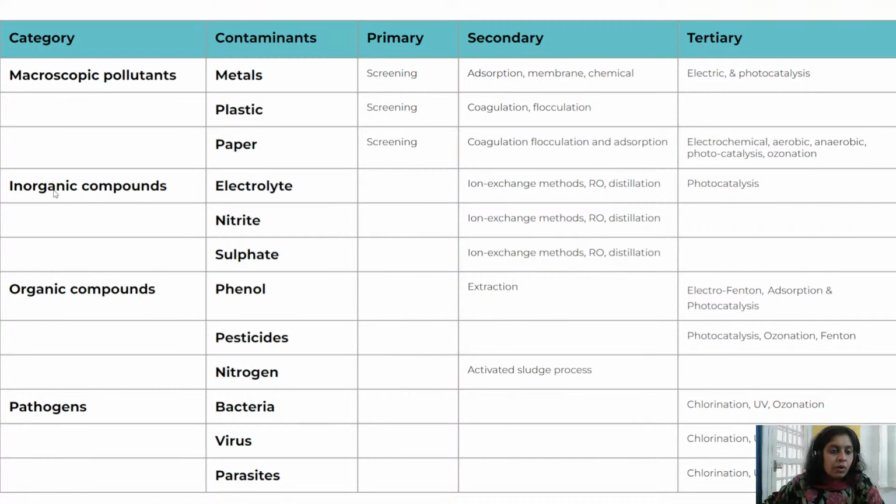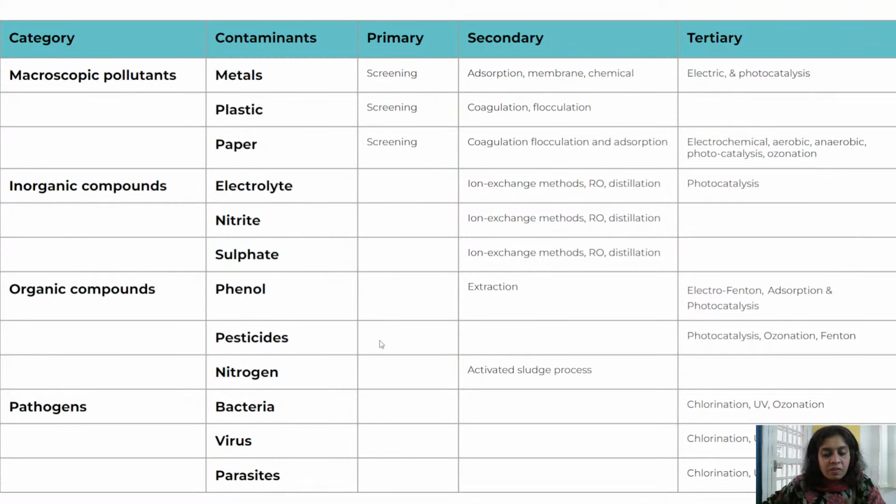Now, in inorganic compounds, you have mostly electrolytes which have high polarity, and to remove those kinds of ions and polar impurities, one uses ion exchange methods, which are highly efficient for such impurities. Organic compounds such as phenols, pesticides, and nitrogen containing compounds can be eliminated using the solvent extraction method, where based on the polarity, the miscibility or solubility of the impurities changes, and they leave one phase and go to the other phase, and then that phase can be separated out.